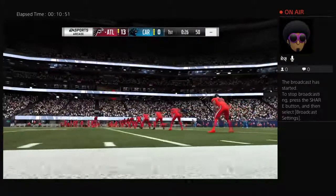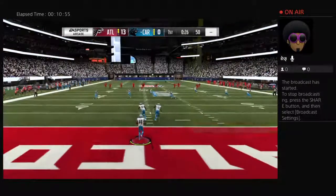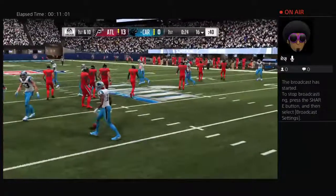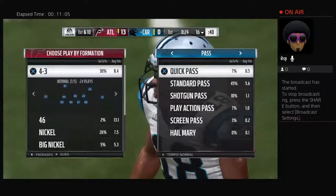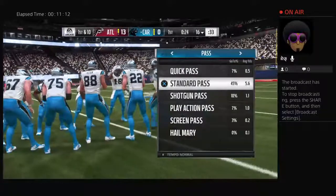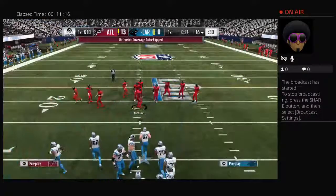Here's Bosher to kick it away. This is fielded a couple yards deep. Here's the Carolina offense as they get ready to take over here. And they'll be looking to atone for last time's mistake of fumbling inside the red